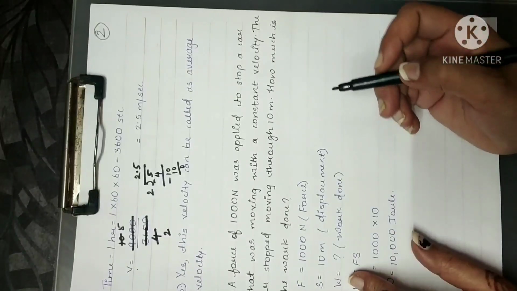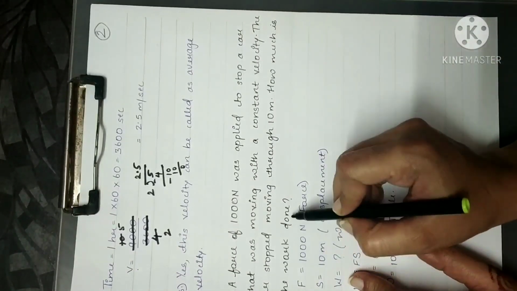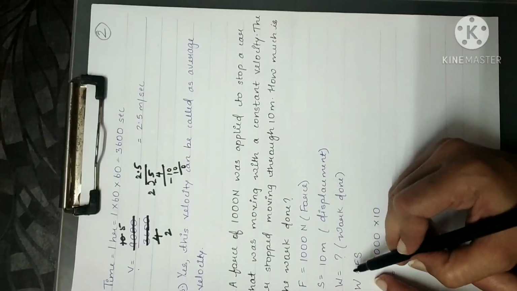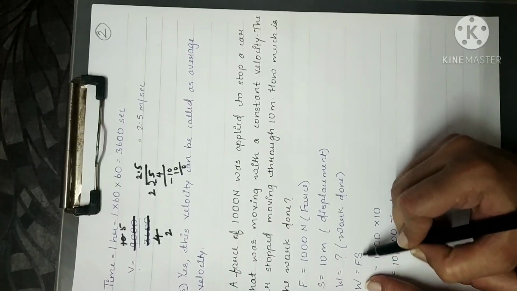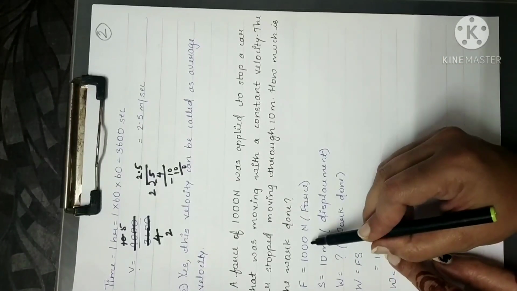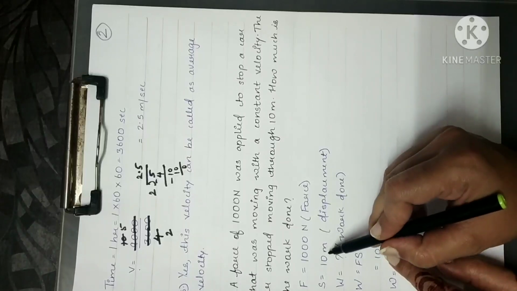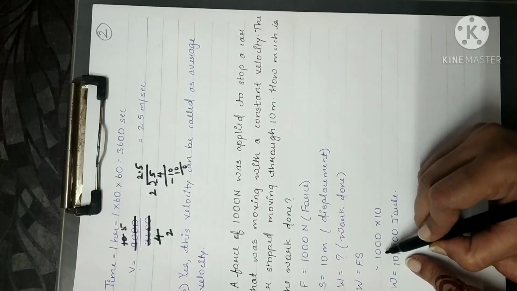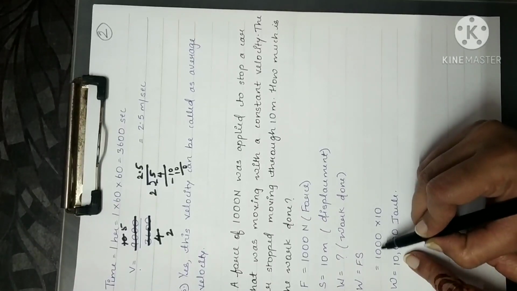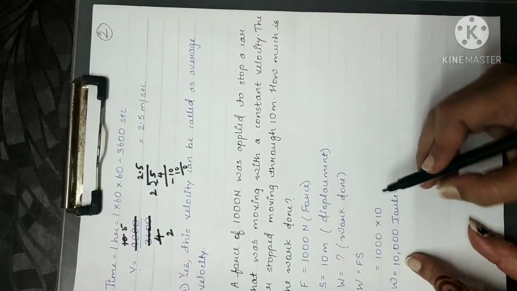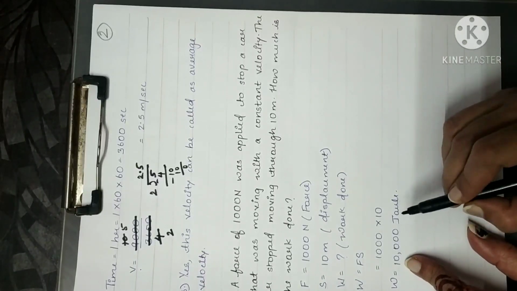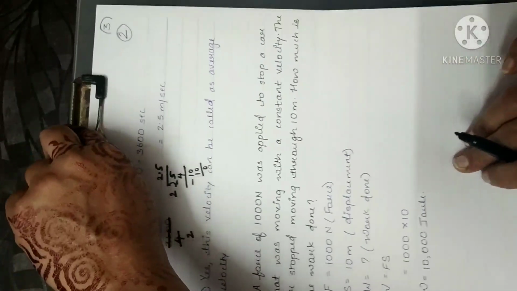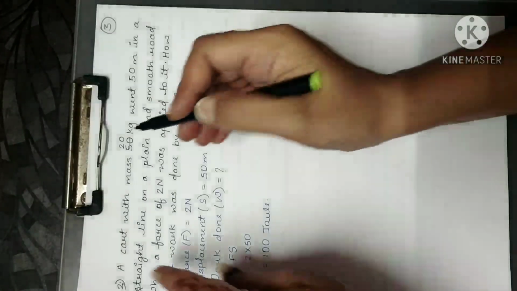That is the displacement. What we have to find out? Work done. Work done is equal to W. That work done we will find out. Work done formula: W is equal to force into displacement. So force is 1000 Newton into displacement 10 meter. Now 10 ones are 10. 10 zeros, 10 zeros, 10 zeros, and 10 ones are 10. So this is the answer, 10,000 joule. Work is equal to 10,000 joule. This was the second question. Now let's move to the next question.